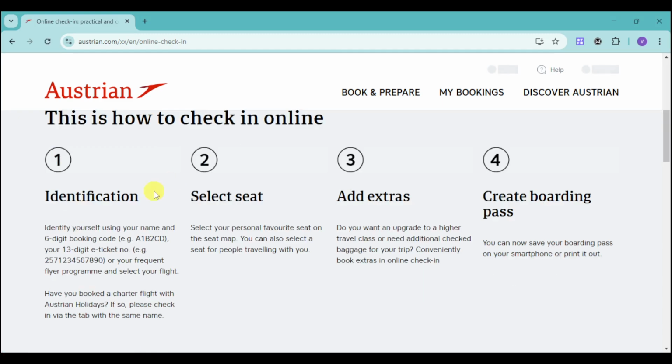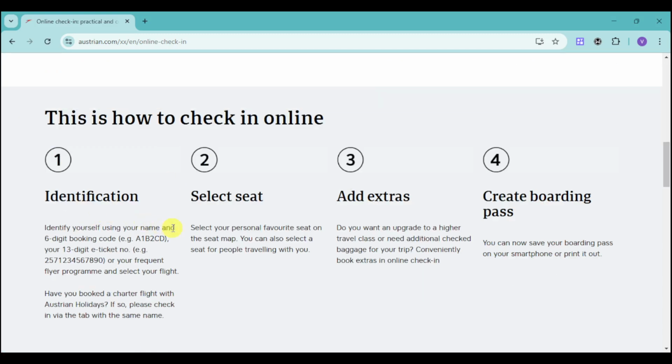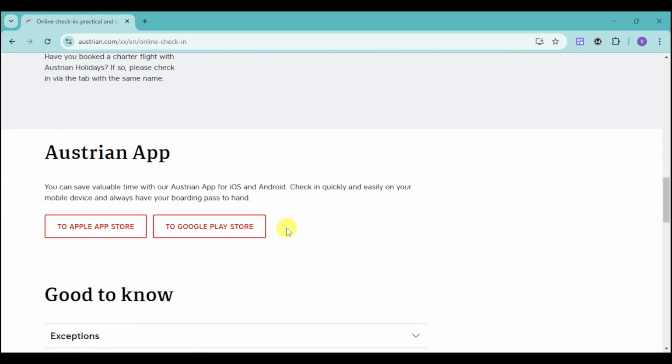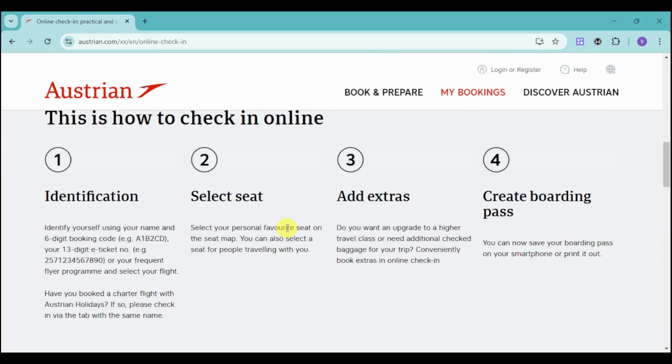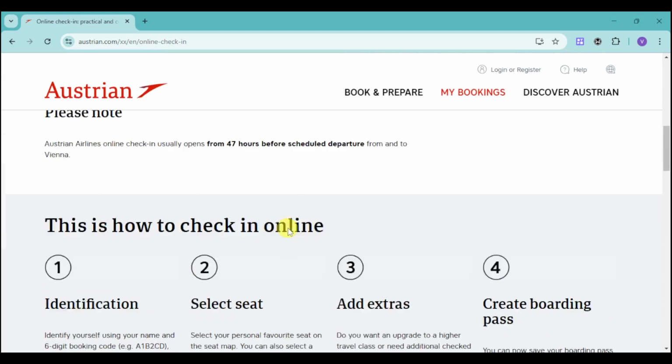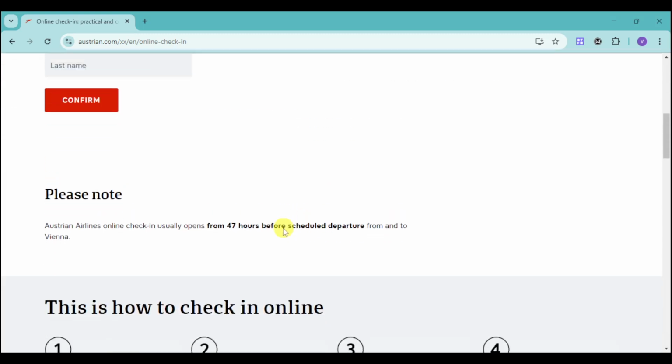So just scroll down. You can just identify your name and six-digit booking code, select the seats, add extras, and the likes. So do take note that in order to actually check in, you can head over and do this through their application. So do take note that you can actually check in 47 hours before the scheduled departure